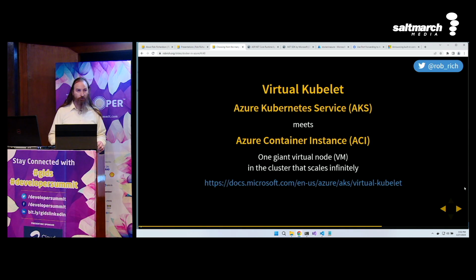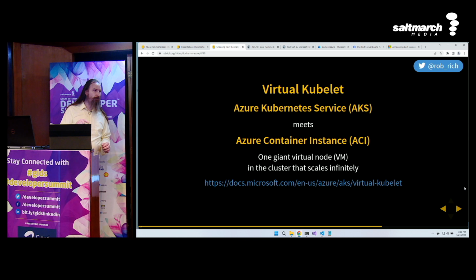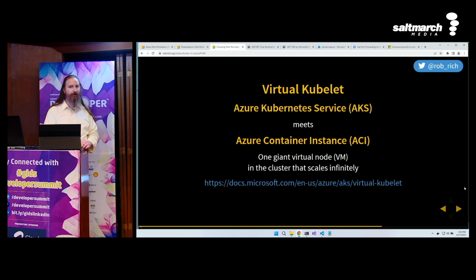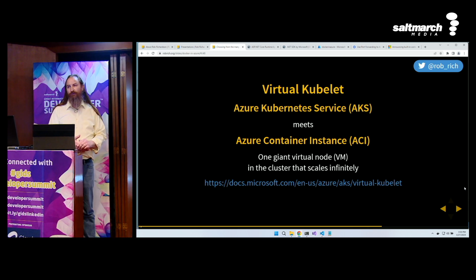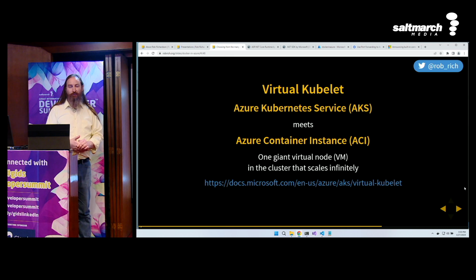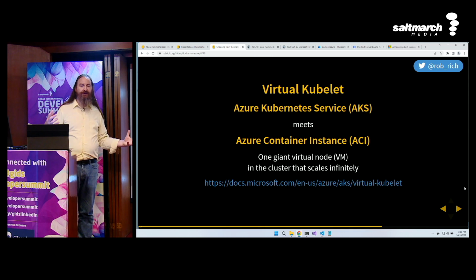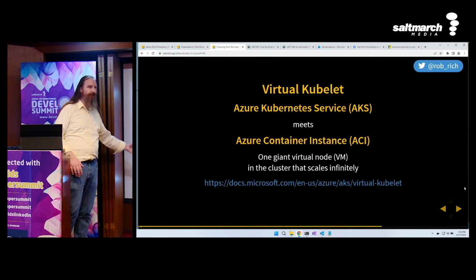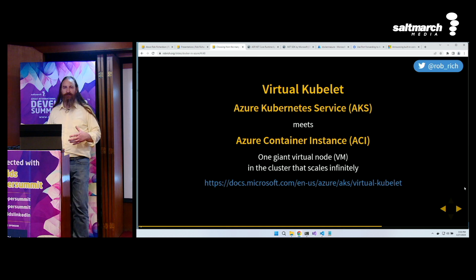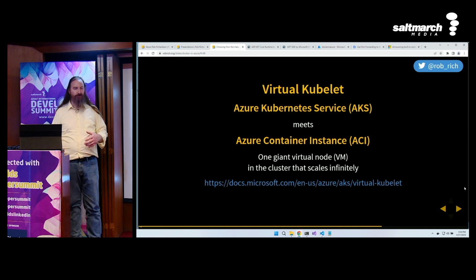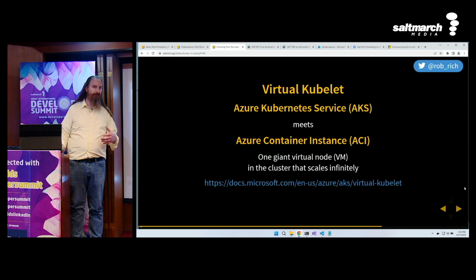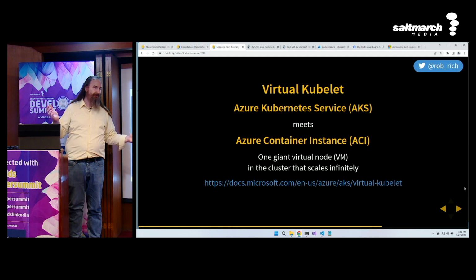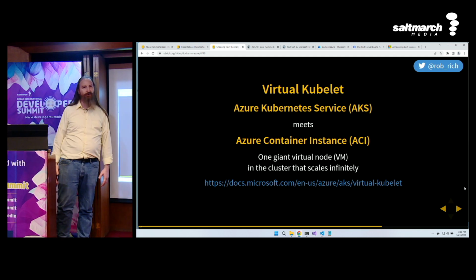Now there is a really cool thing, the virtual kubelet. We saw that checkbox inside of Kubernetes as we set it up. We can create a virtual node in our Kubernetes cluster that is Azure Container Instance. One big infinite node that can run everything. Now, some things don't make sense there, like a daemon set. We can't really run an agent to be able to look at all the things on that node because, well, it's a multi-tenant infinite node, and we don't own all of it.